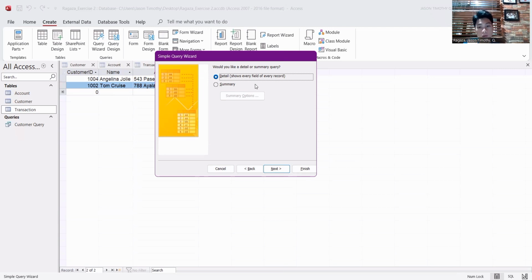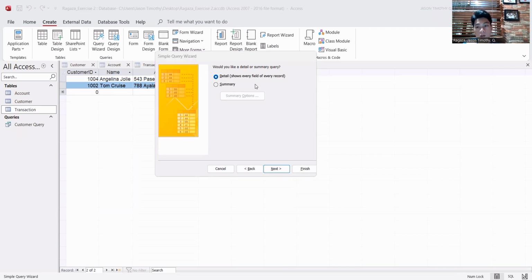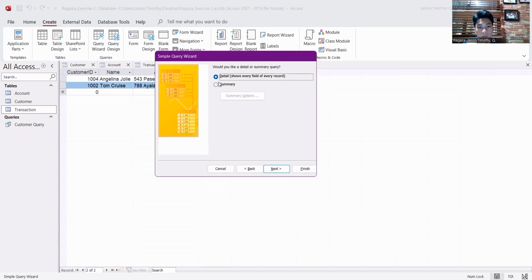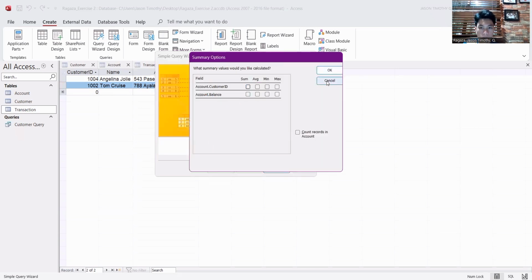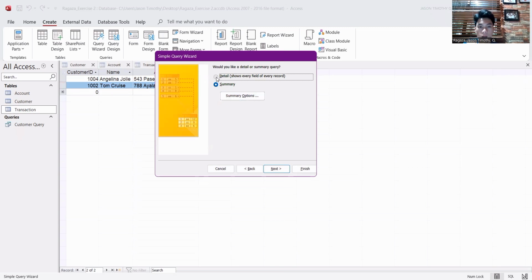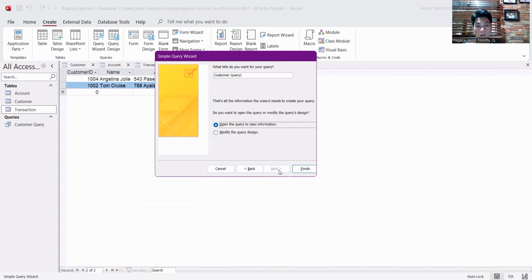So in this specific section, we are going to choose the detail. Rather, we will select first the detail, and then we're going to click on next.